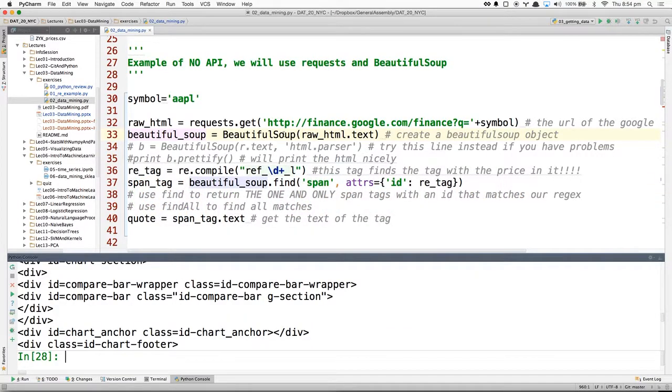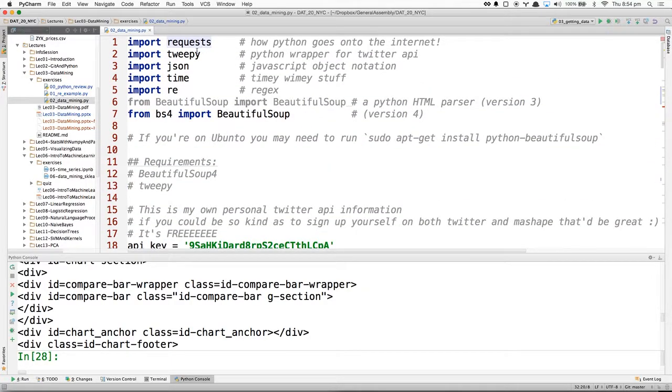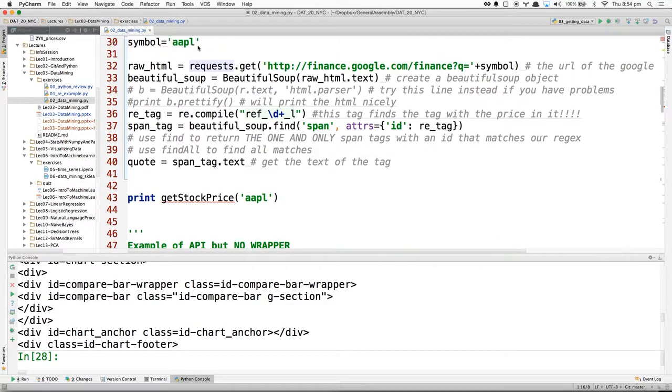I'm using the request object, another example of an object from the Python standard library. I'm going to pass raw HTML.txt into Beautiful Soup.